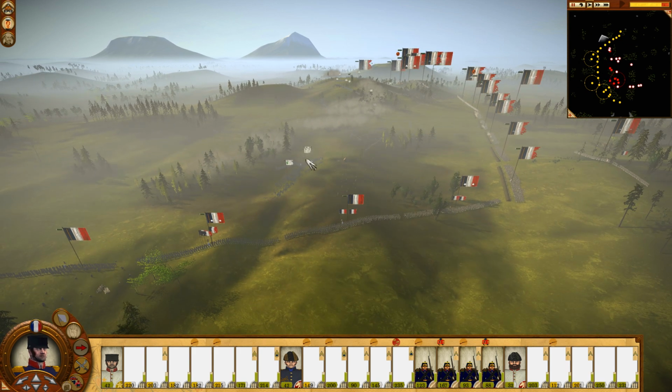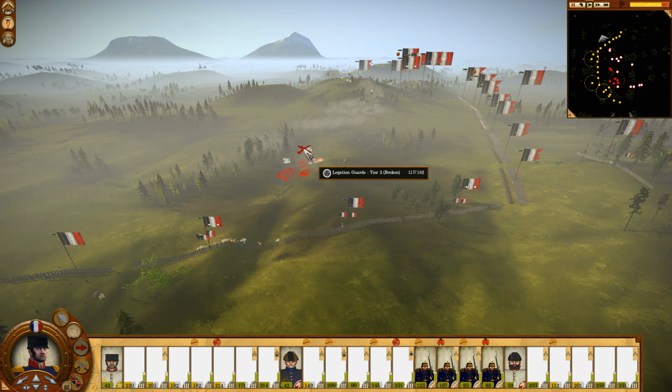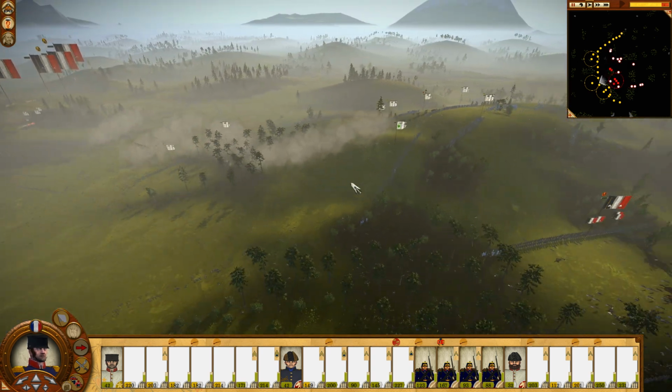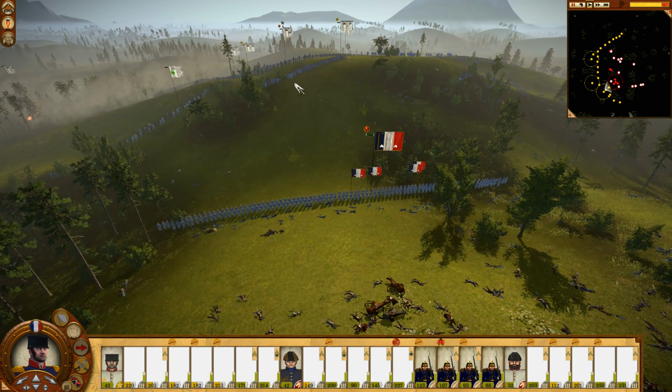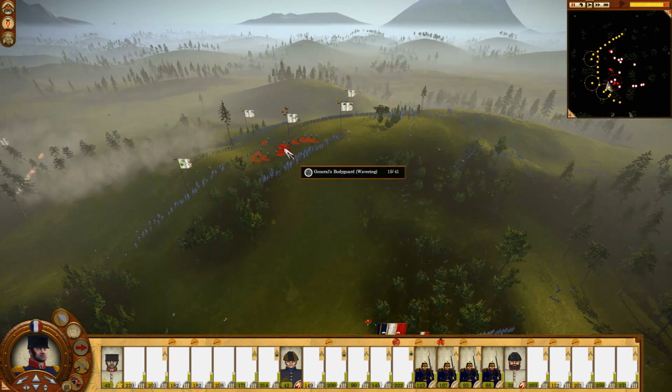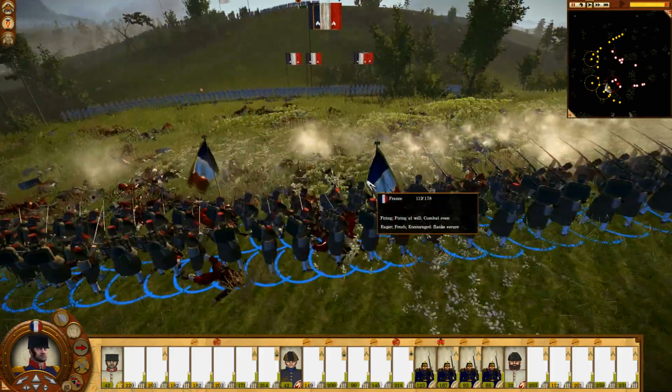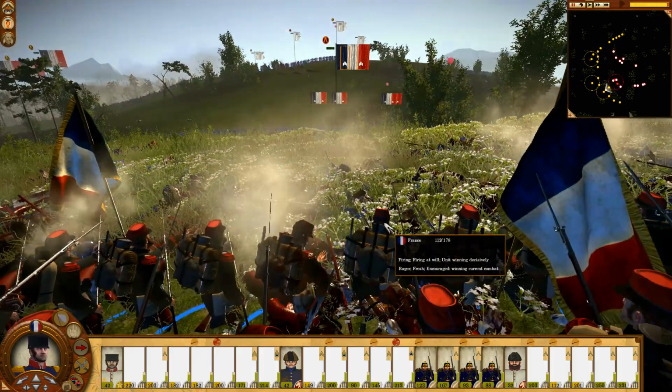Okay, it looks like they're all giving way now. They're all giving way, or at least on this side. And I'm sure we're going to see something similar here. The enemy general is rallying his troops for another attack on our right. Now, while we are